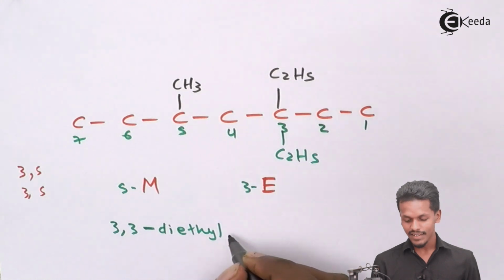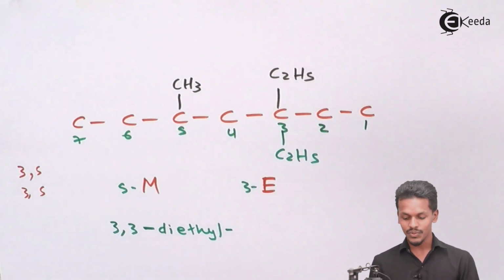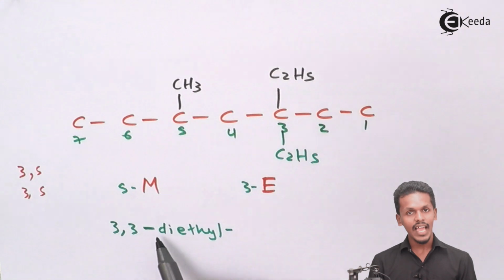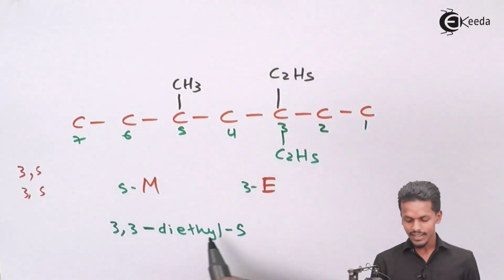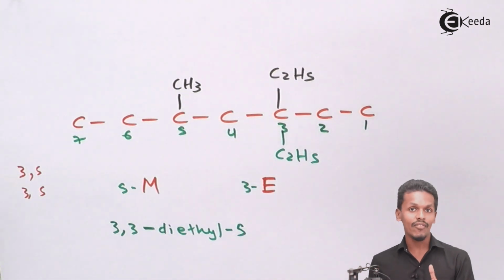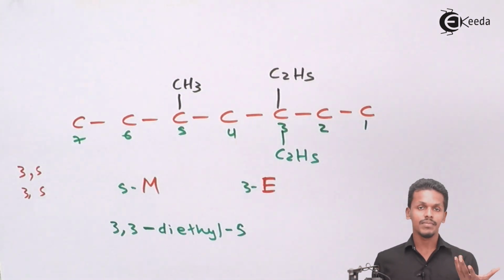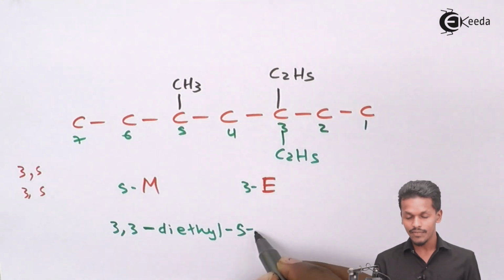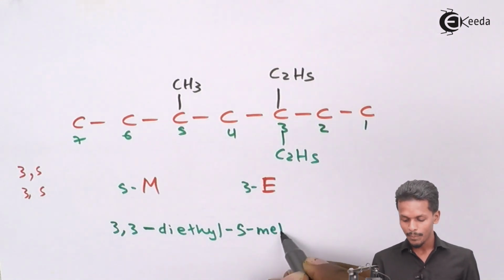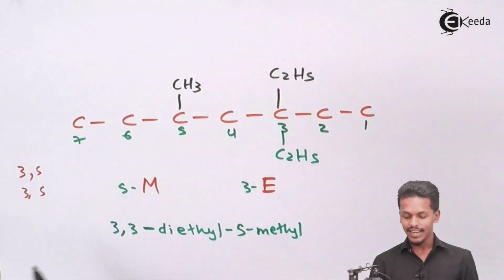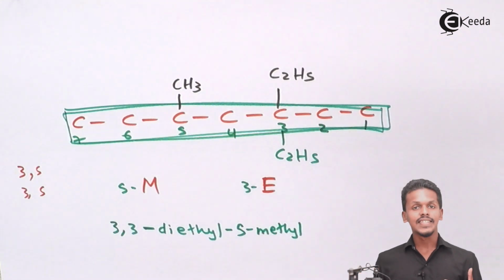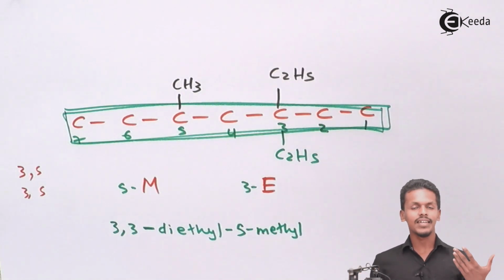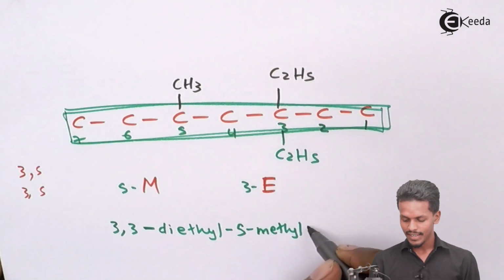Because this is an alphabet, to differentiate it from a number, we write 3,3 hyphen diethyl, and then a number starts again, 5, and I have to express an alphabet, the word or alkyl. So in this case I would write 5-methyl. And what is the longest chain that we have? This contains 7 carbon atoms, and 7 carbon atoms in an alkane are known as heptane. So this would be heptane,